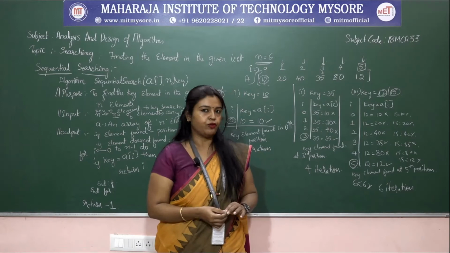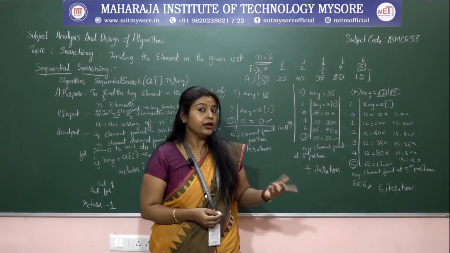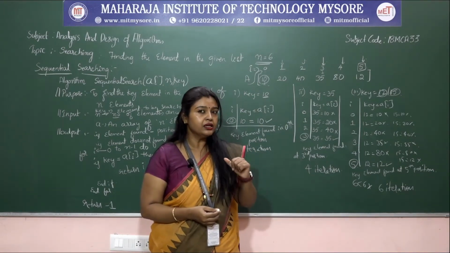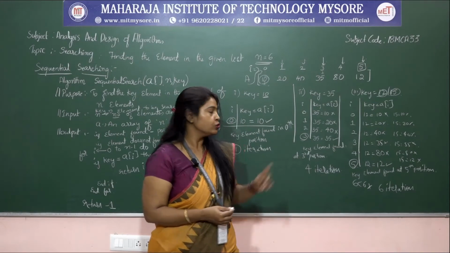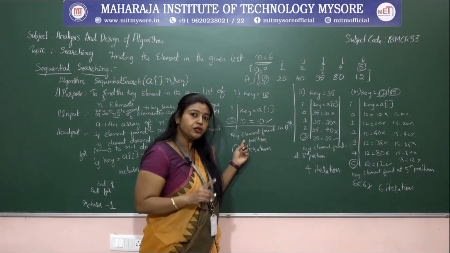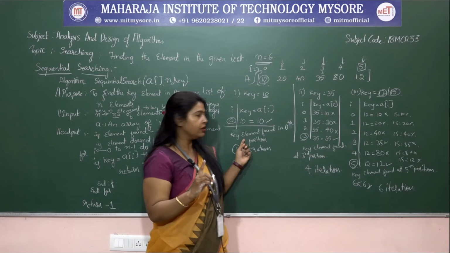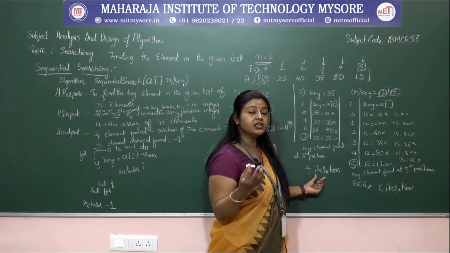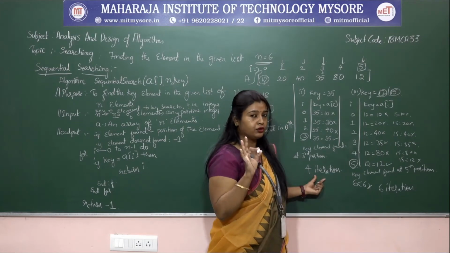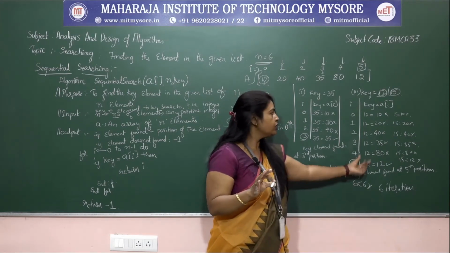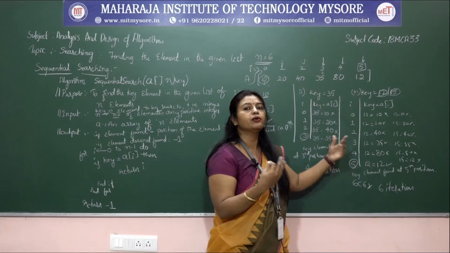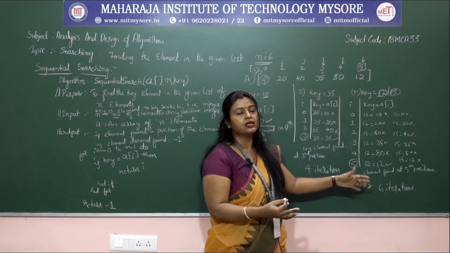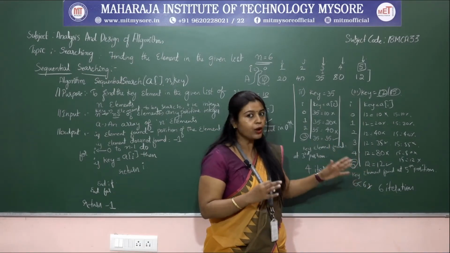Iterations we have performed. But how many elements are there? Totally 6 elements are there. So in the first case, how many iterations have you done? Only 1 iteration. Coming to this one, how many iterations have you done? Out of 6 elements, you have performed only 4 operations. That's it. So here you have 6 elements and you have done 6 operations. So 6 comparison operations you have performed.